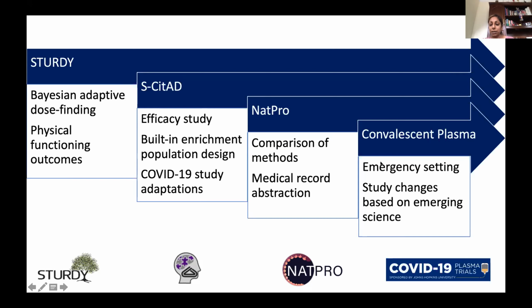The final one I have listed here, it's actually two trials involving convalescent plasma. And of course, you guys have probably been following the news, so you know roughly what I'm talking about with this, but we're looking at convalescent plasma for the treatment of COVID-19 and prevention of development to COVID-19 between the two studies. These studies are done in an emergency setting, so in and of itself, it's a very novel area to work in. And we're also implementing study changes based on emerging science, so that has also been pretty interesting